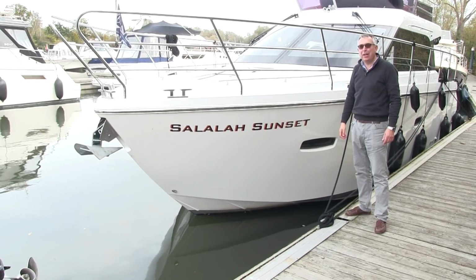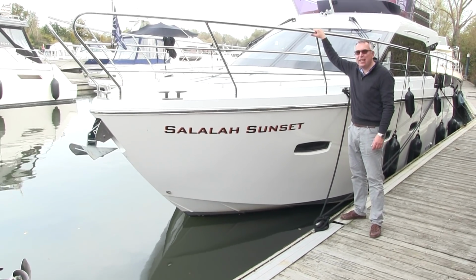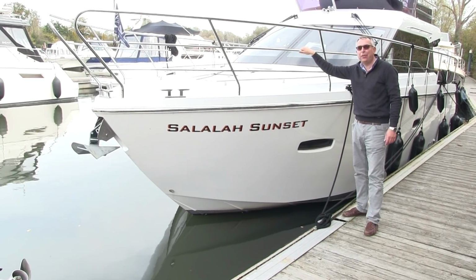Hi, my name is Nick Burnham and I'm here for Motorboat and Yachting up at Pentonhook Marine Sales looking at this. It's a used Sealine F380 and this is a very interesting boat because Sealine for very many years were